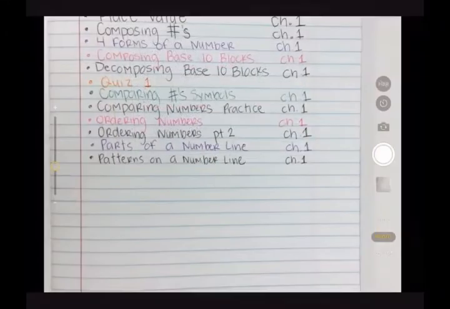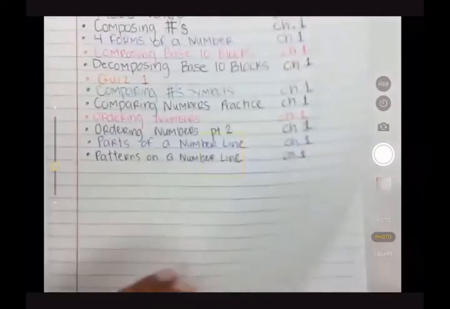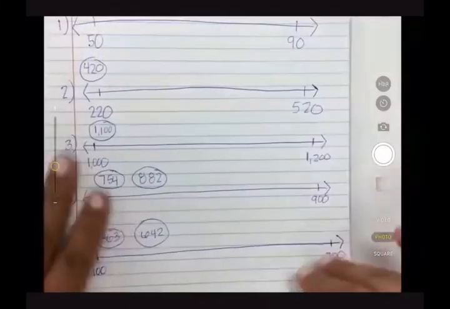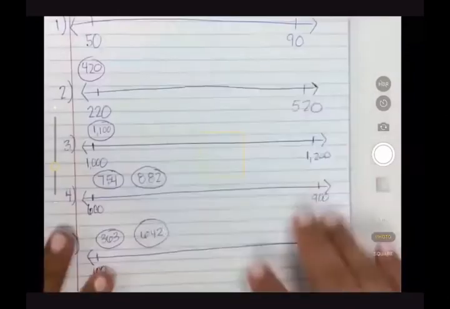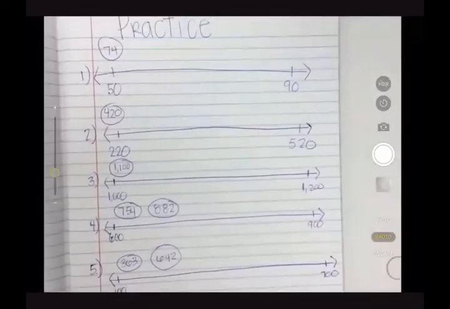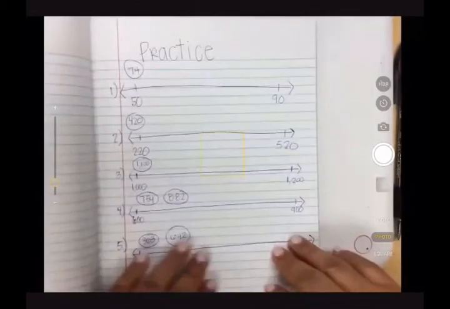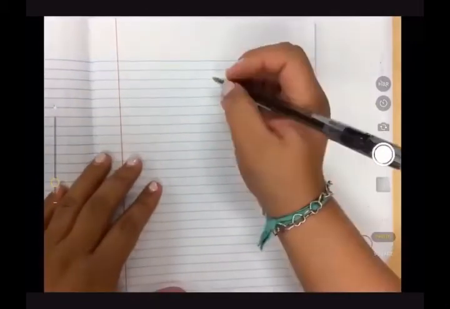Let's turn to the next available page, which is after our practice. After our practice page, we're going to turn to this next page. And we're going to title this one